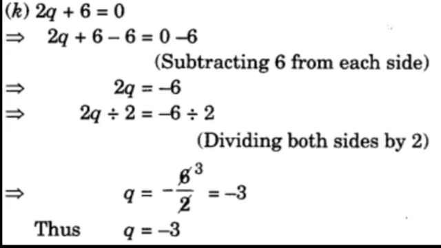And the k question is like this. Addition of 6 is there, using the opposite of addition of 6, that is subtracting 6 from both sides. This 6 gets cancelled, you will get 0 minus 6 here as minus 6 and 2q is only left because this 6 and this 6 got cancelled. Now 2 is in multiplication form, you are going to use divide by 2 as the opposite on both sides, as this is a systematic method. So q's value you are going to get as minus 3.